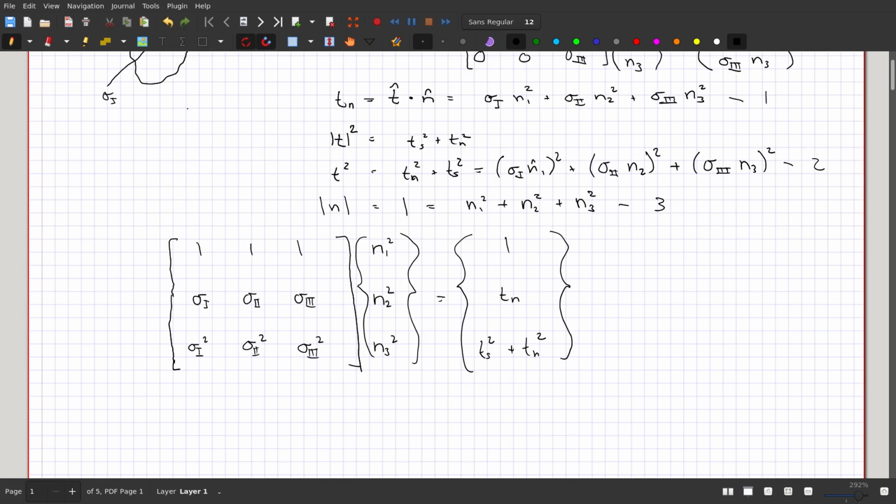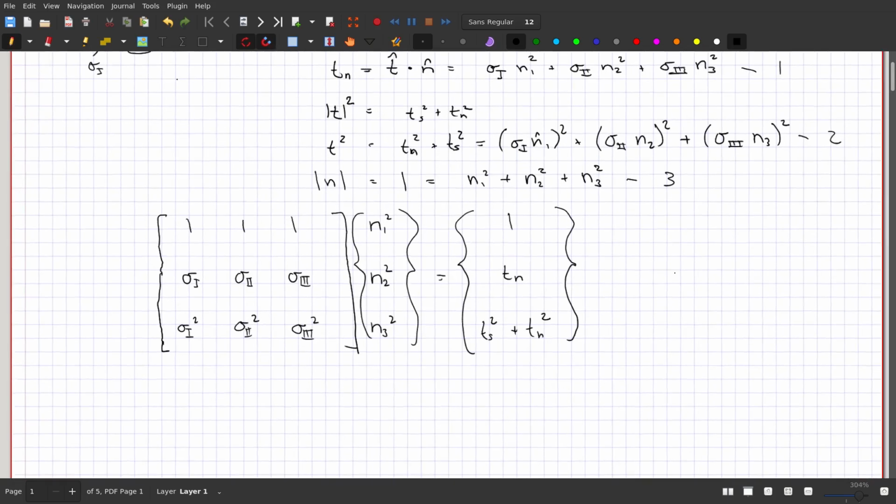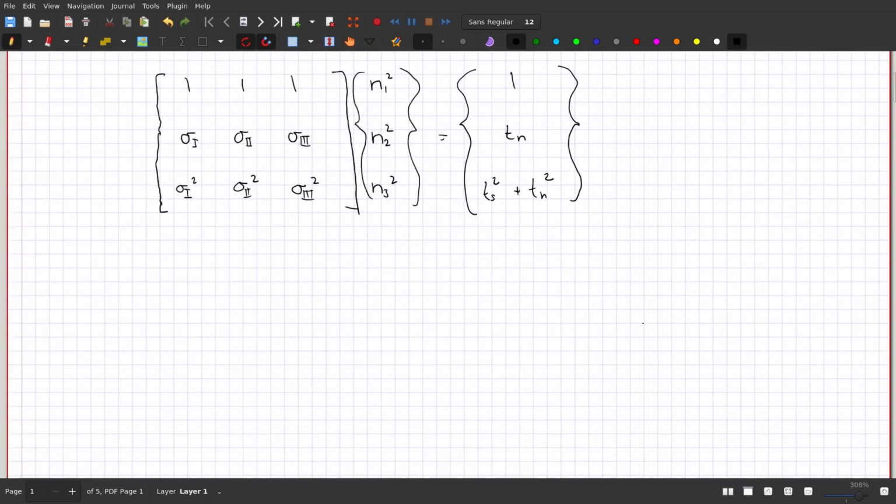All right. So we could then plug that into Mathematica, a symbolic equation solver, right? And we could solve that for n1 squared, n2 squared, n3 squared. We're not going to do that, but I'm just going to write down what the result would be, right? So n1 squared